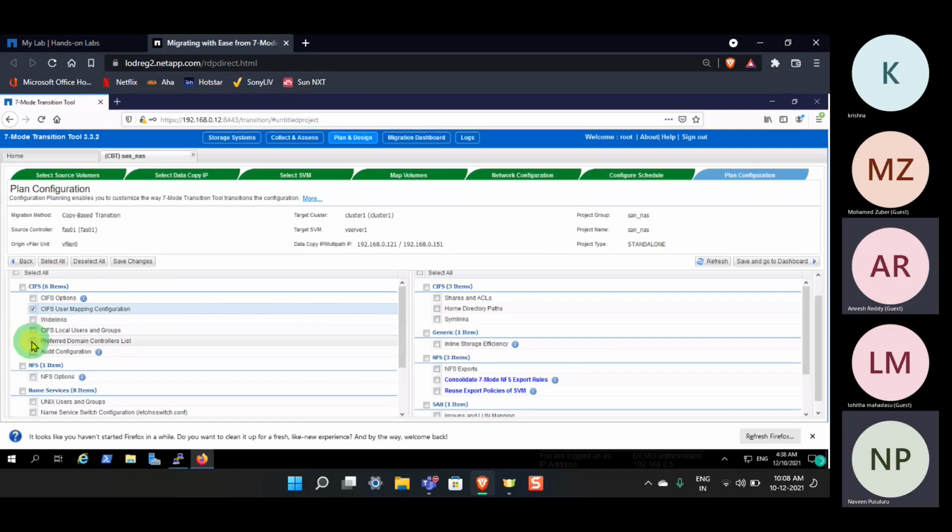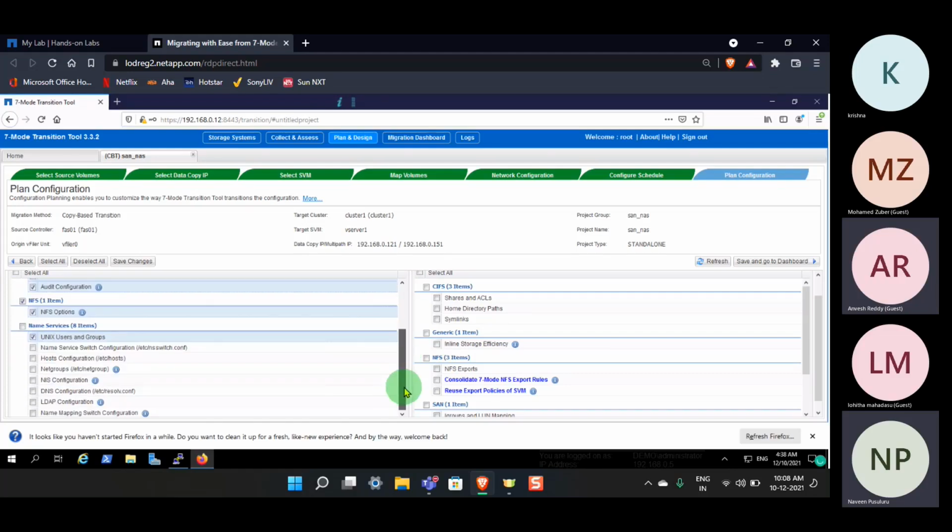Preferred domain control list. Yeah. Do you have any preferred domain? If you have any audit configuration, yeah, I want that. I want NFS options. I want CIFS options. Unix users and groups. No, I don't want name services, like that. You need to select which configurations have to be migrated from 7 to C. For example, I want the host configurations. I want DNS configuration. I want LDAP configuration, like that. Whatever things you want to copy,